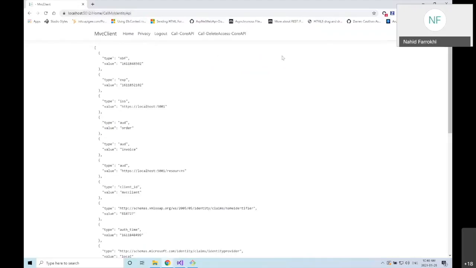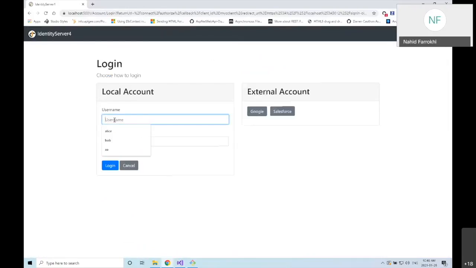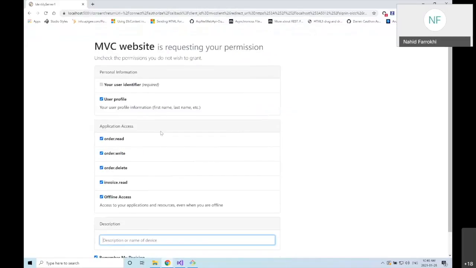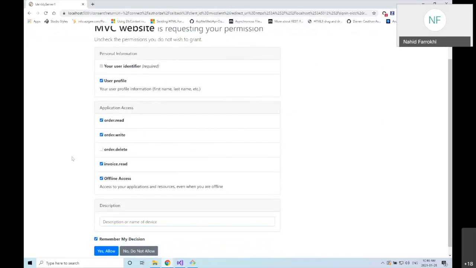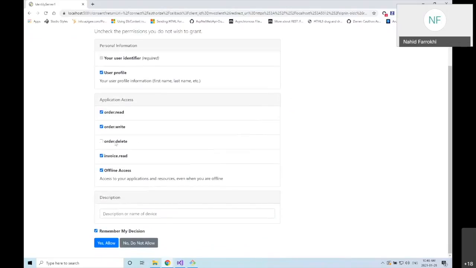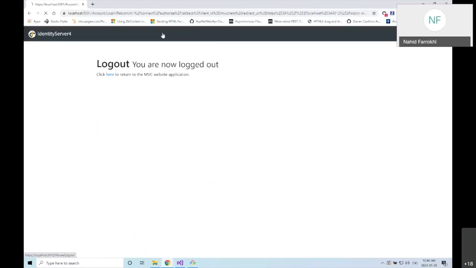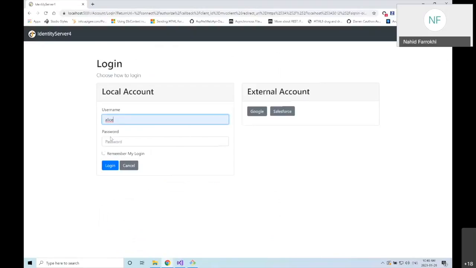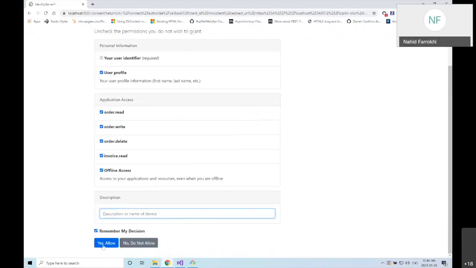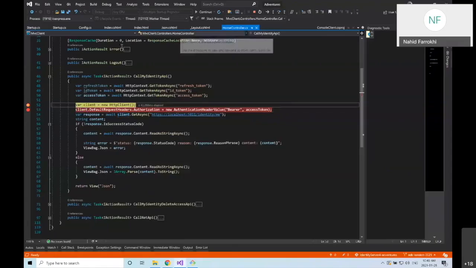So the other thing that I wanted to show you was about the consent. When I log out, and then log in again, in the consent, for example, I say I don't want the user to have this access. So here I go, and now if I try to call an API, I can't because I don't have the access. But this user originally had the access, because if I just provide it to them, so what is happening is that